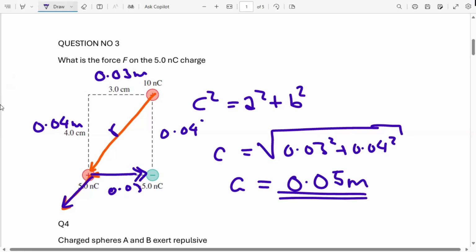So that means the hypotenuse side is 0.05 meters. Now we can calculate the electrostatic force on the 5 nanocoulomb charge due to the 10 nanocoulomb charge, and the electrostatic force on the 5 nanocoulomb charge due to the negative 5 nanocoulomb charge. Okay, so we can now go to